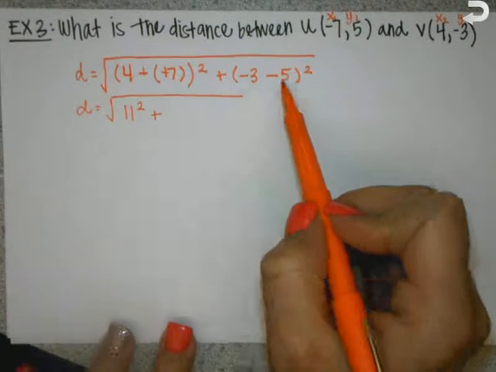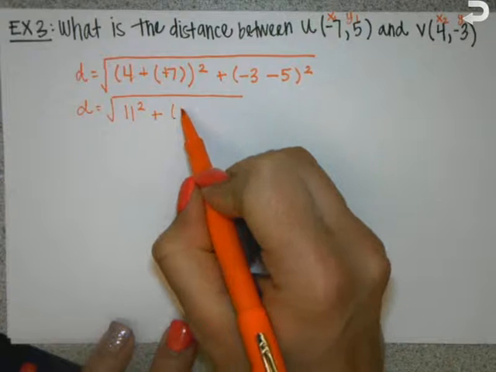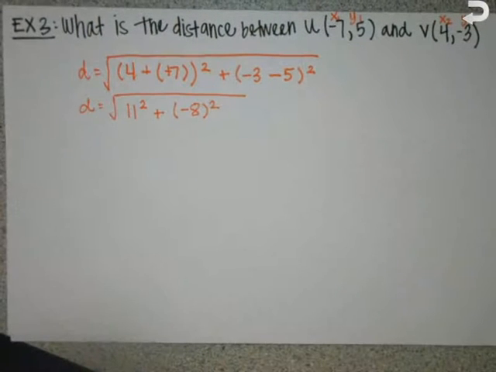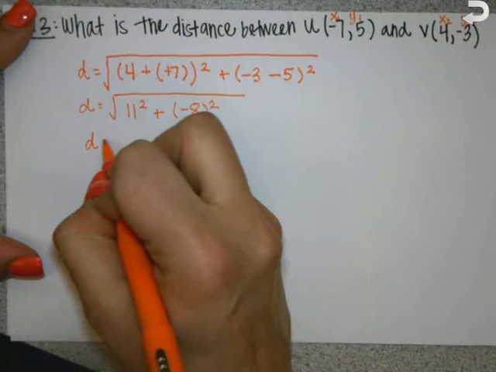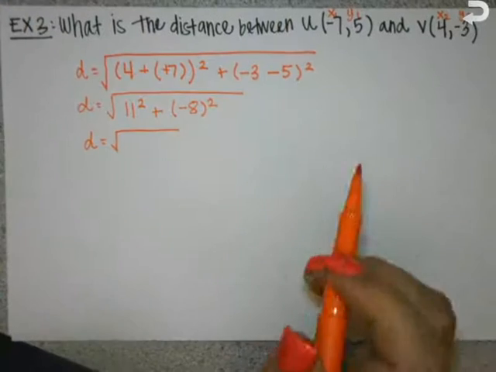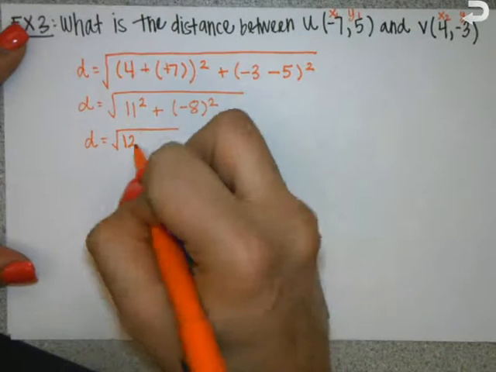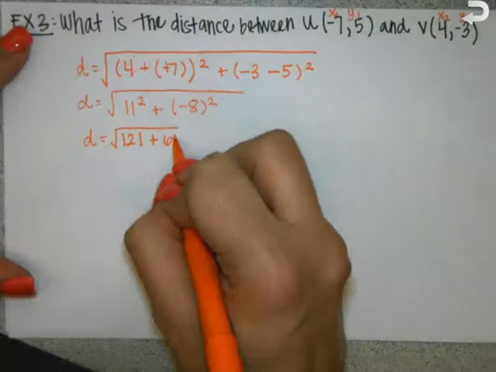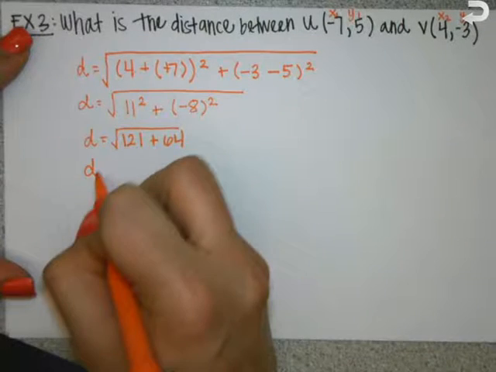-3 minus 5. What does that give you? -8. Put it in parentheses and square it. Why do we keep it in parentheses? So we can not mess up. So we're not going to mess up because it's going to come out positive. Okay, next step. D equals big square root 11 squared, 121, plus -8 times -8, 64. Almost there. D equals